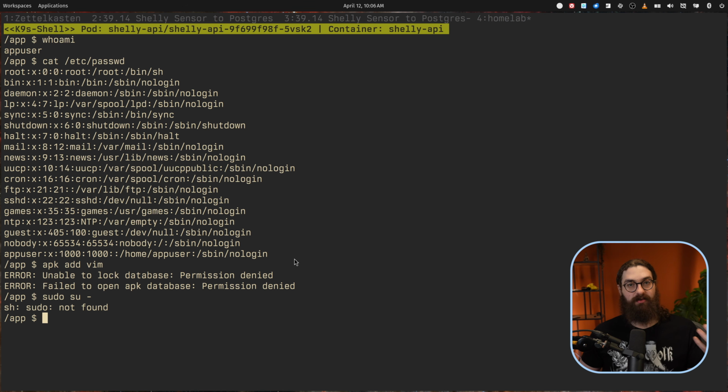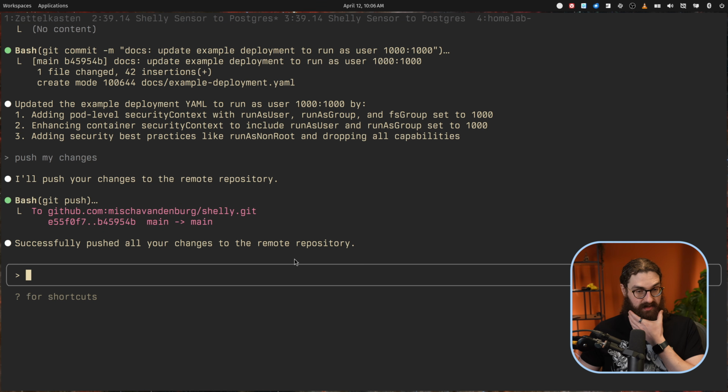So here we go. I have successfully updated my application to run a multi-stage build. It converted my project to UV, and it is using that method of installing packages now. I'm automatically pushing my changes to GitHub, and I also managed to run as a non-root user successfully. So I'm actually really impressed by this. I'm actually very happy with this